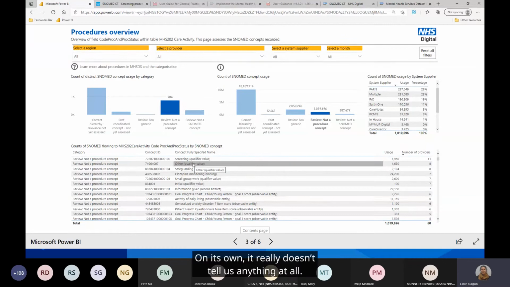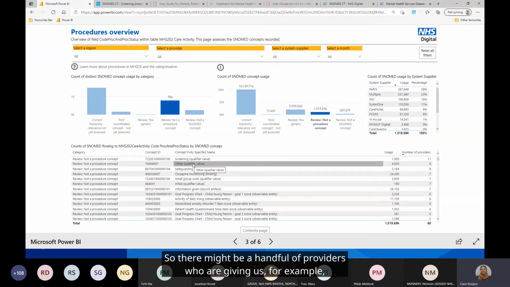On its own, it really doesn't tell us anything at all. At this point, one thing I do want to say is that what we have done is look at all the SNOMED concepts that we've seen in isolation of one another, because that's generally how we see them in the data flow.